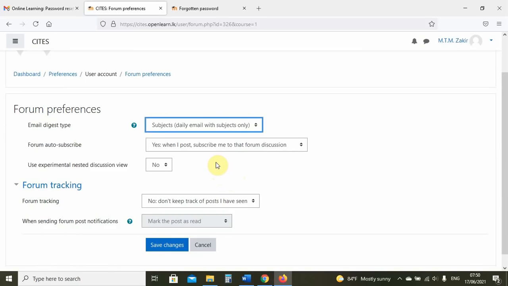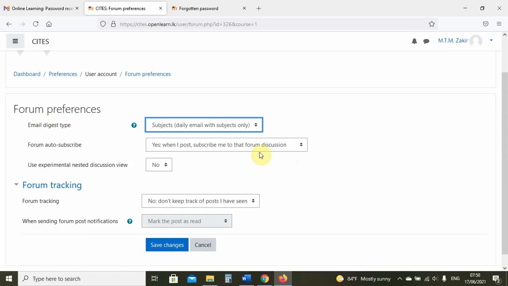Once you see that, you can decide whether it's something important for you that you want to go to the LMS and look at it. If you select an email for every post somebody makes on a forum, then you will get lots of emails. So that's not practical. Then the other thing is, of course, you must subscribe to the forums that you post in, otherwise you will not see.